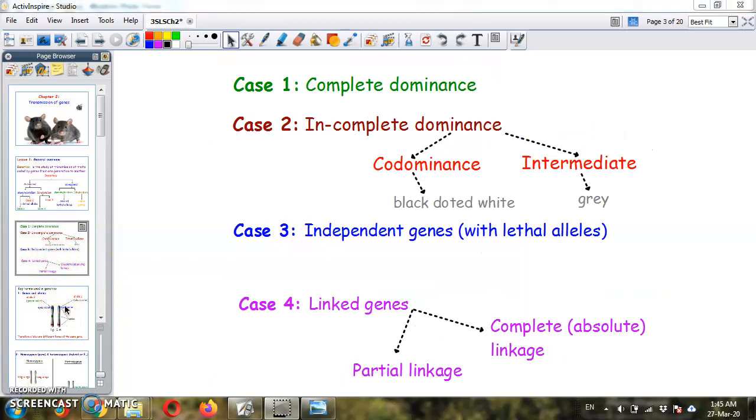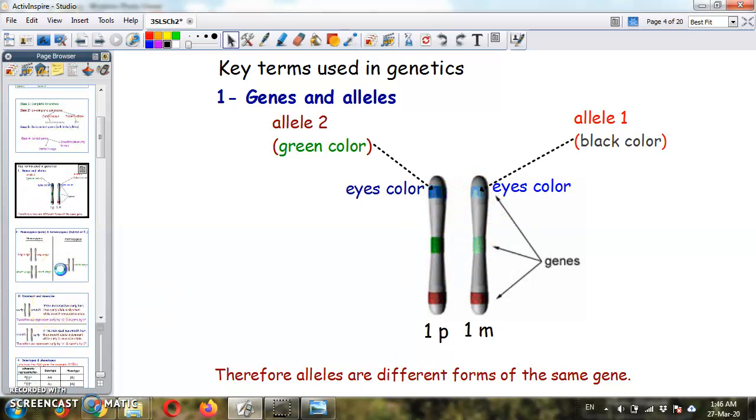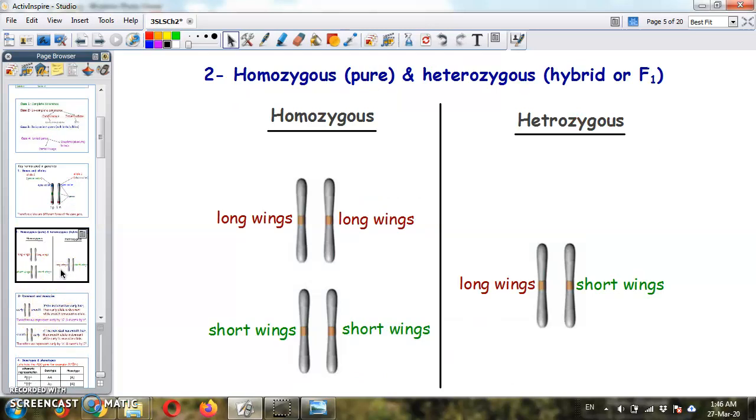So, as we said before, if a gene is at a certain locus located on a chromosome pair, of which one is paternal and the other is maternal, these genes can be linked. They are located on the same pair of chromosomes, or they can be independent if they are carried by different pairs of chromosomes. Also, the terms homozygous, which is pure, or heterozygous, which is a hybrid case, also called F1,